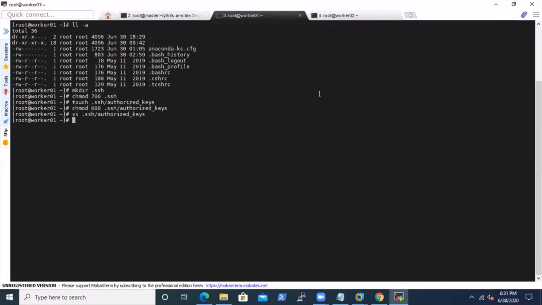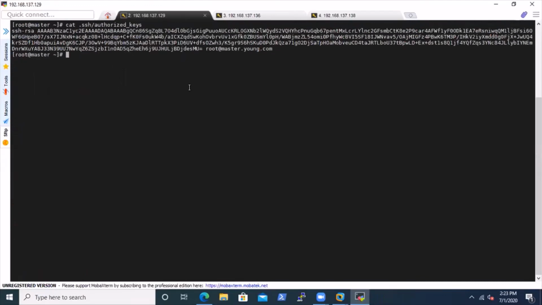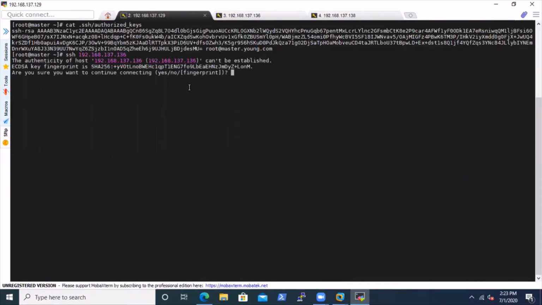Now go to the other node. I have already done this and created the authorized_keys file. Here also the same thing. Now I am going to test the mechanism. Sitting on the master, I am trying to do an SSH. Click yes.